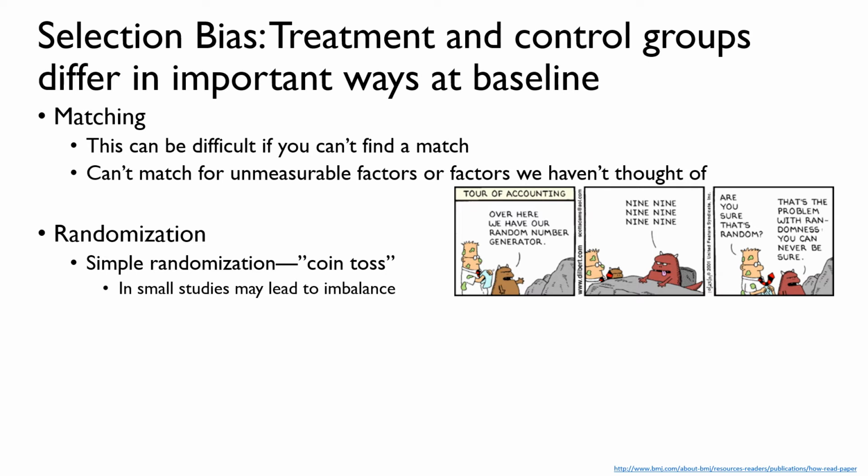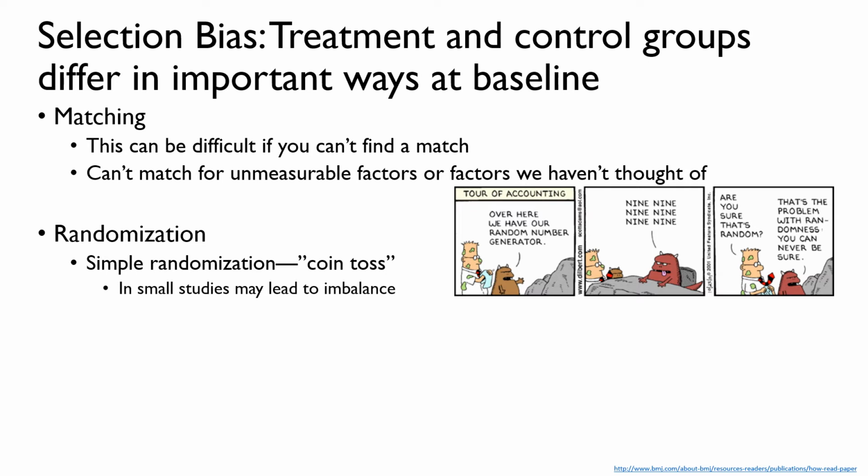So if your outcome is a cardiovascular event, if one group has more hyperlipidemia and hypertension and diabetes, right, that introduces selection bias. So how can we overcome this? Well, one way is matching. Just say, hey, for every diabetic we put in group 1, we're going to put a diabetic in this one, right? We match on things that we think are important for our outcome. The limitation here is that it's hard sometimes to find a perfect match or within a certain range. You can't match for everything, and there are unmeasurable factors or factors we haven't even thought of that we can't